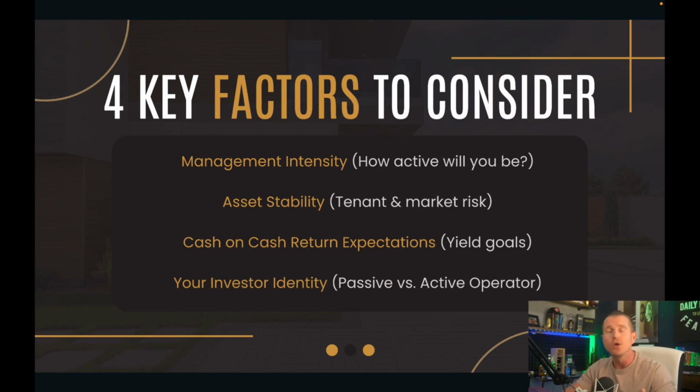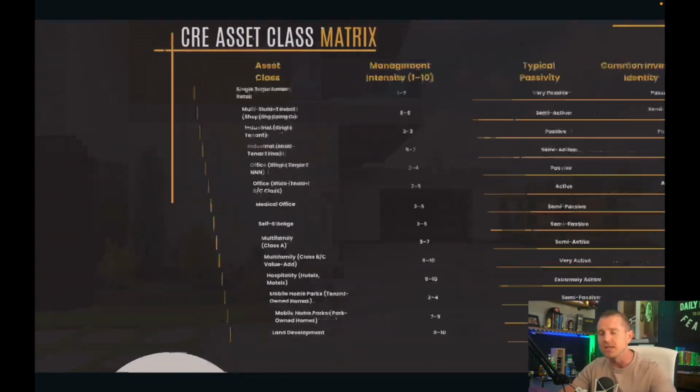And next we have your investor identity. Are you somebody that doesn't have a ton of time, but you've got a lot of money and maybe just want to be more of a passive investor, or find an asset with minimally intensive management? Or do you have tons of time, and this is a full-time focus, and you want to create value and equity through a bunch of time and energy that you're willing to put into the deal, obsess about it, and eat, sleep, and breathe it? More hands-on. There are lots of different investor identities, and your identity will help you better understand which asset type will most align with it.